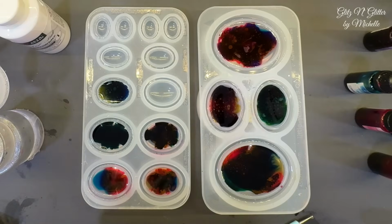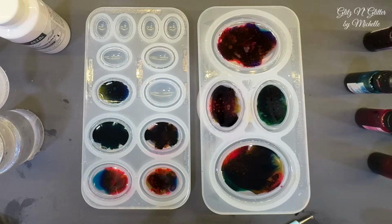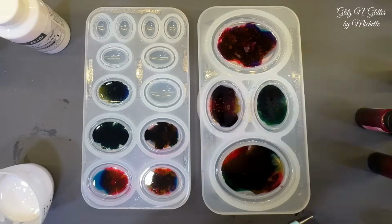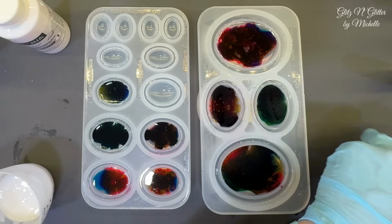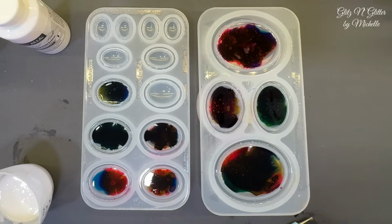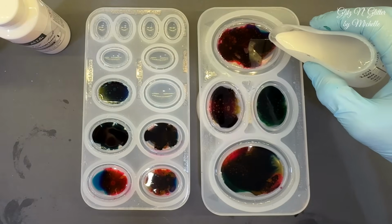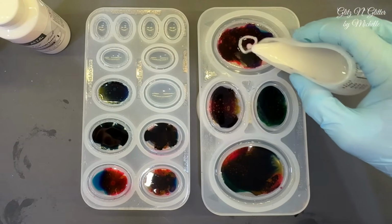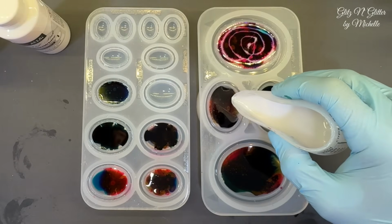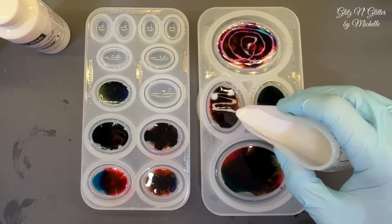Okay, now all they did was take their white and drizzled it in any kind of form. Let me move all these inks out of my way so that I'm not knocking everything over while I do this. Okay, because I'm really nervous. And they didn't really do anything. They did kind of like this. They've done like that,